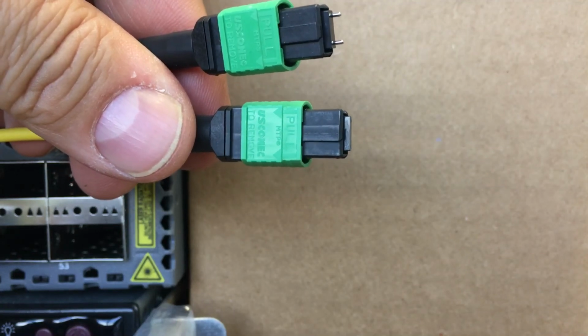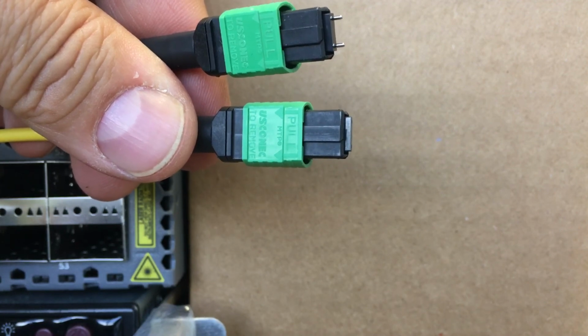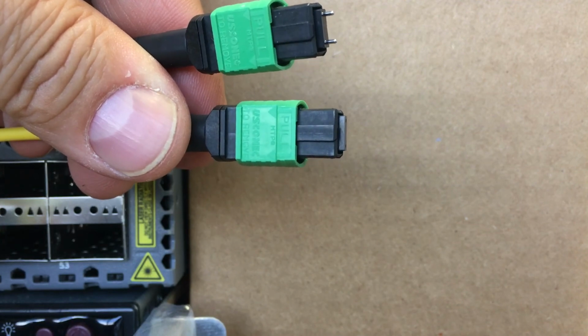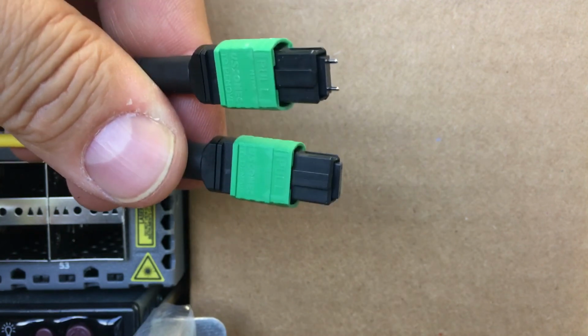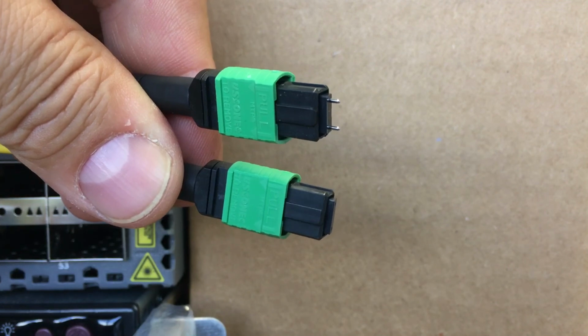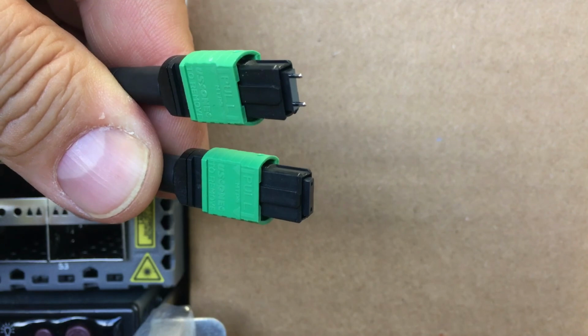Here I'm going to demonstrate the insertion and removal of MTP connectors, commonly used at the end of 12-strand MPO, or multi-fiber push-on runs in our data centers. The MTP connectors come in two varieties. One is declared male with the 2 pins, and the other one is female and has 2 pin holes on